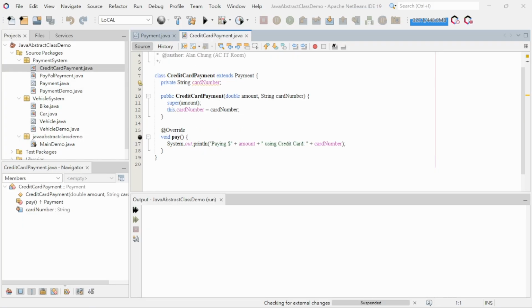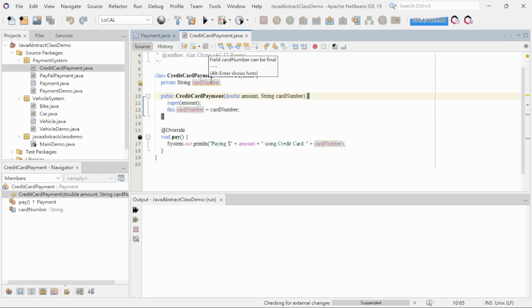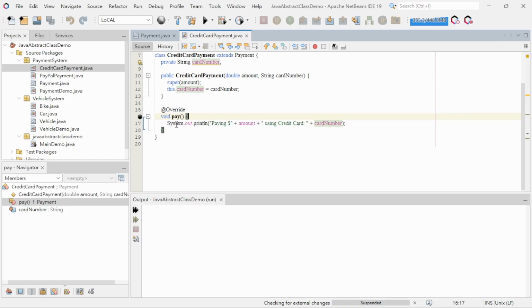Here's how we bring the abstract Payment class to life with a real-world subclass, CreditCardPayment. This class extends the Payment class, meaning it inherits the common property amount and the shared method paymentDetails. We then add a new property, cardNumber, which is specific to credit card transactions. In the constructor, we call super(amount) to pass the amount to the parent Payment class, and we store the card number for this transaction. Next, we override the abstract method pay, providing a concrete implementation that prints a message like